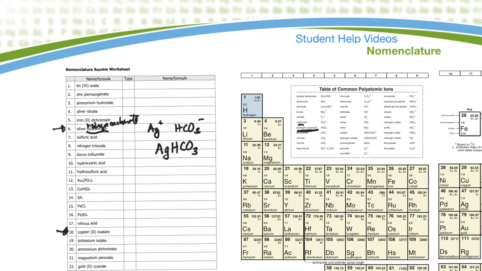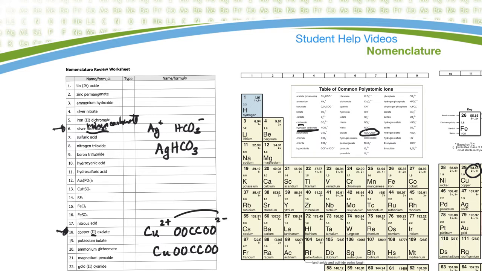I look over on my chart here, oxalate right there. So OOCCOO, and it's a 2 minus. And copper, right here, they're saying copper is one of those ones that has 2 charges, and they're saying it's using the 2 plus charge. So I put a 2 plus here. Charges are even, and so I can just write it as